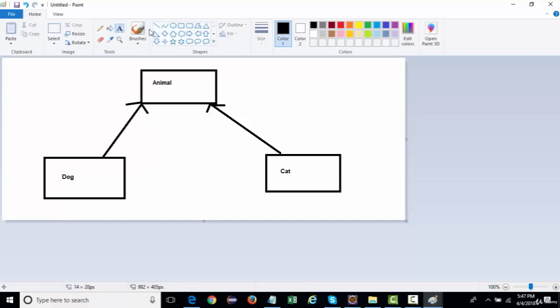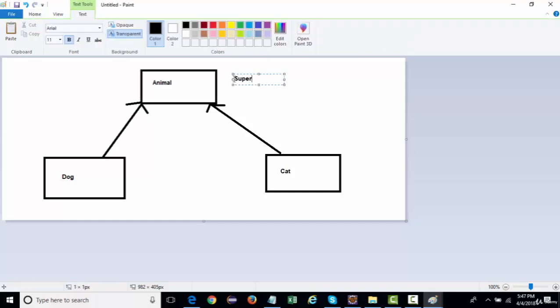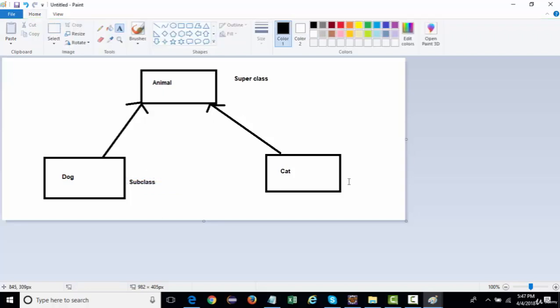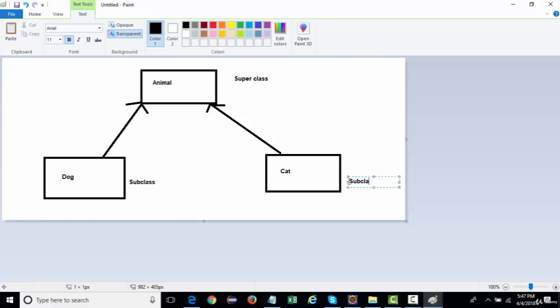So animal over here is a super class, and dog and cat are subclasses or child classes.